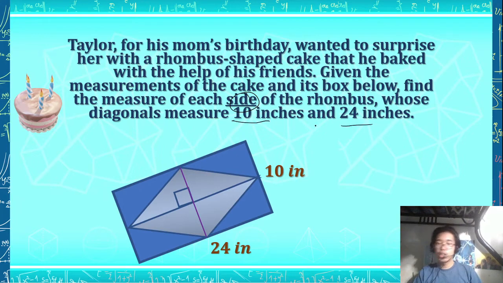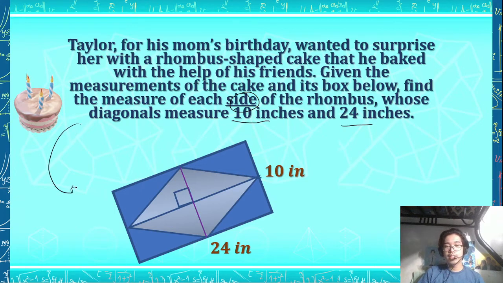inches and 24 inches. For this problem, given that the measurements of the cake are given here below, and inside, the cake is the rhombus shaped figure here, transformed into this rhombus shaped figure inside a rectangular box. This diagonal here measures 10 inches and the diagonal over here measures 24 inches,